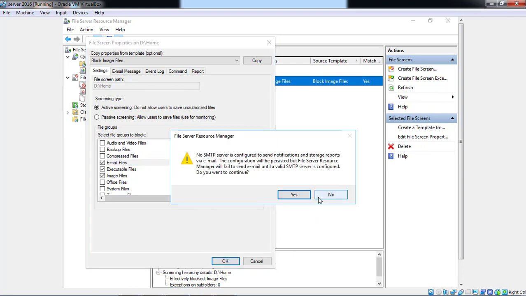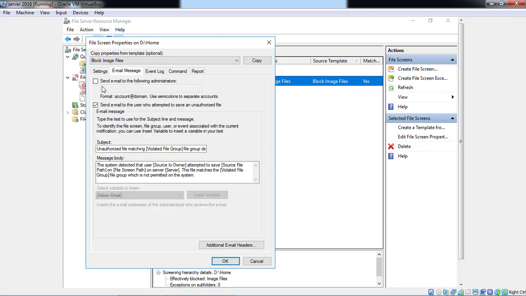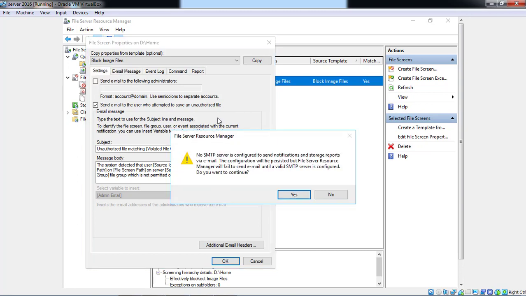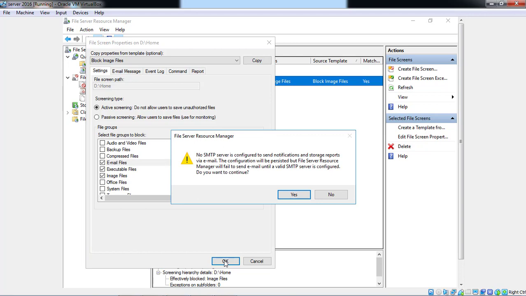One more thing: the email option is only available when you have created an Exchange server. Whenever any changes are done in File Screening in File Server Resource Manager, you get a mail automatically. Right now we do not have any Exchange server.